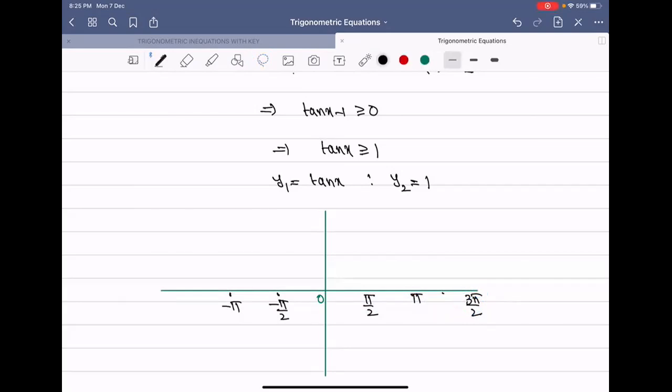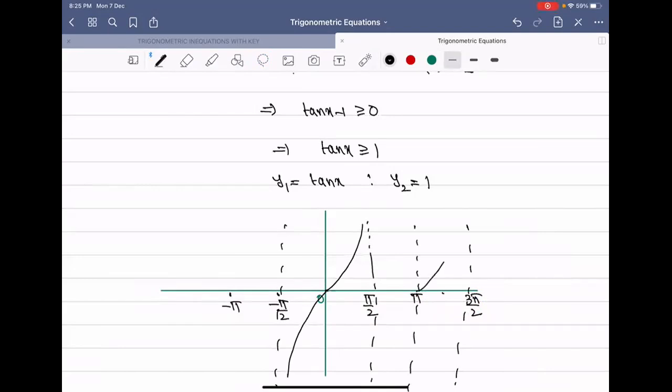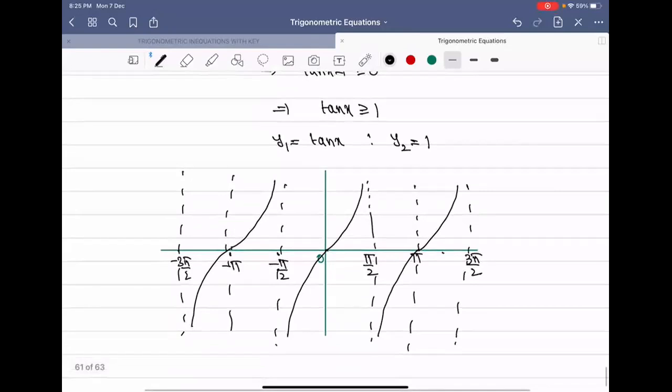So now we'll draw the graph of tan x. This will be the asymptote. Is it like this, the rough graph of tan? Is this okay? Graph of tan x? Yes, sir. Now we'll draw the graph of